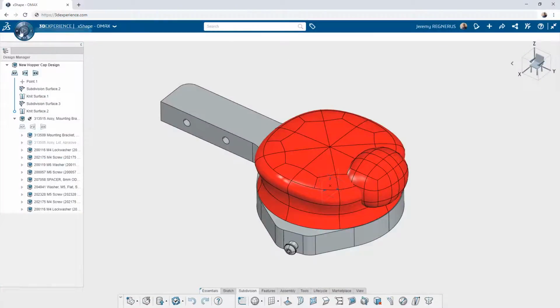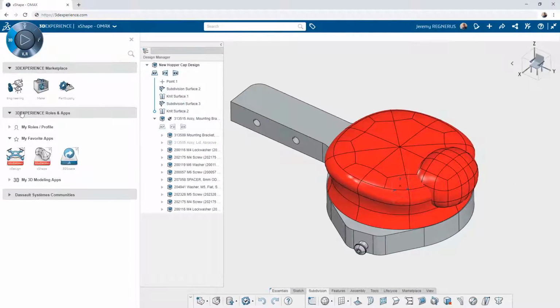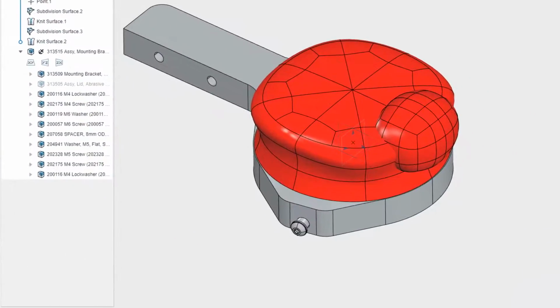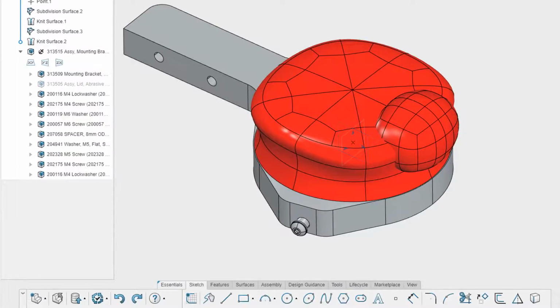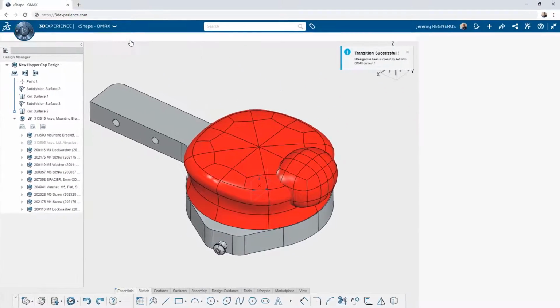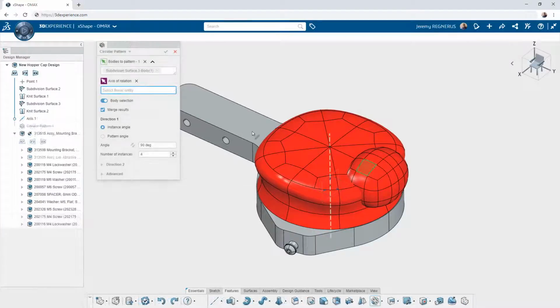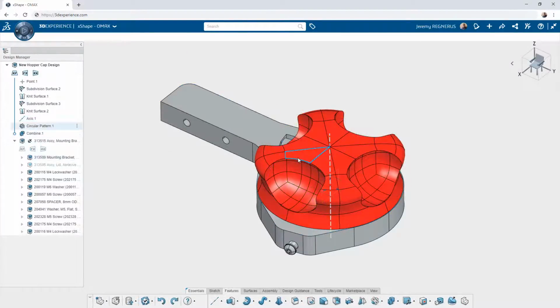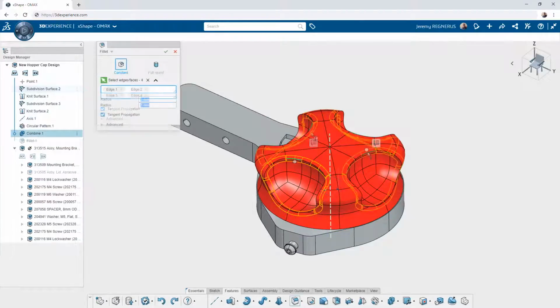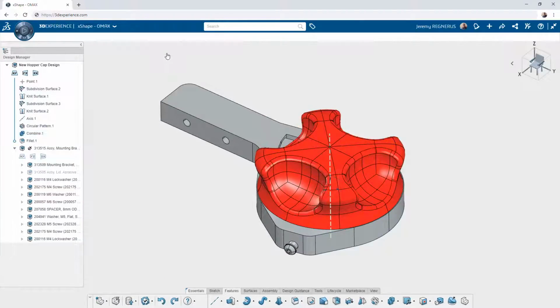The app will quietly switch within your web browser, changing the entire set of tools you have available at your fingertips. You can seamlessly continue working, leveraging all of the features found in a different design app without disrupting your workflow. This philosophy of being able to simply switch from one app to another will change the way you work